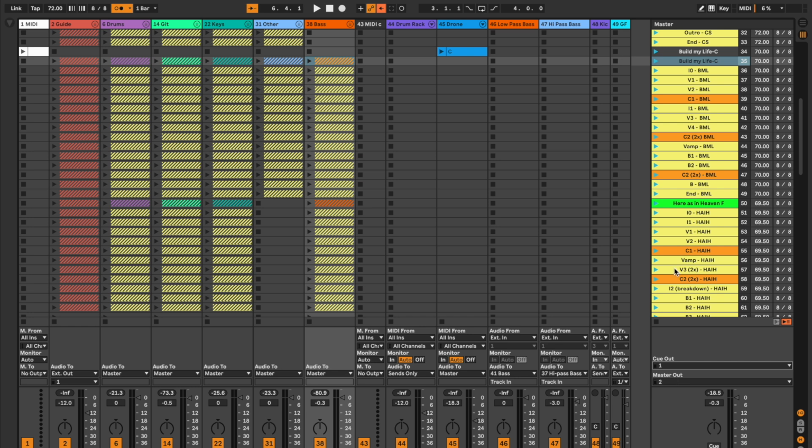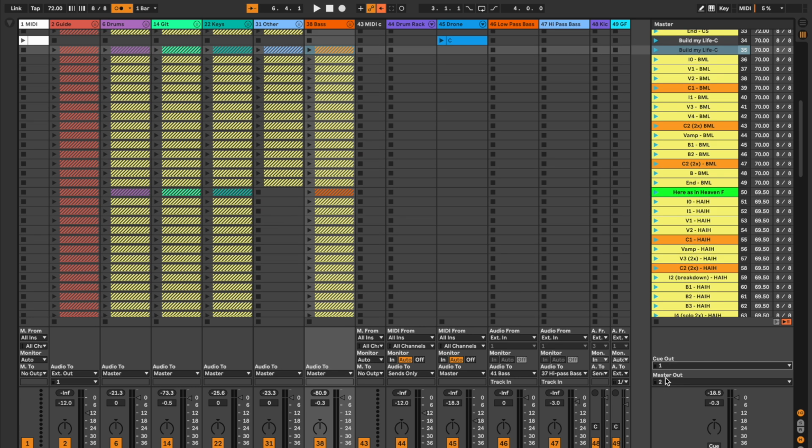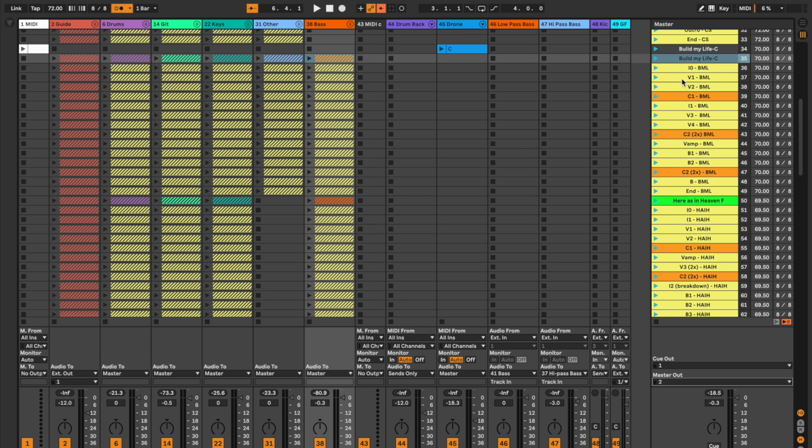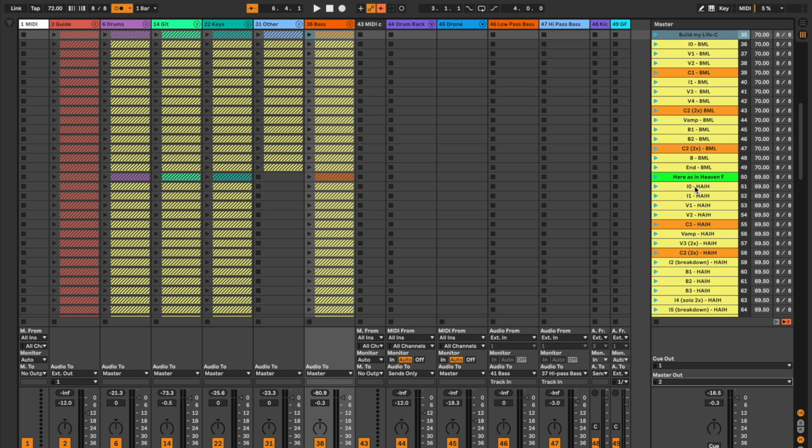If you connect a larger interface, then you can also have a stereo output for your backing tracks. This is something I would strongly recommend. If you can afford a larger interface, having your backing tracks in stereo will improve the sound by a whole lot. And if you want to connect an even larger interface that has maybe 8 or 10 outputs, then you can